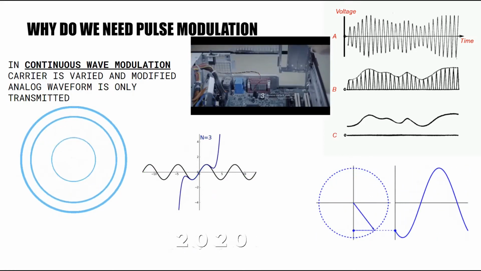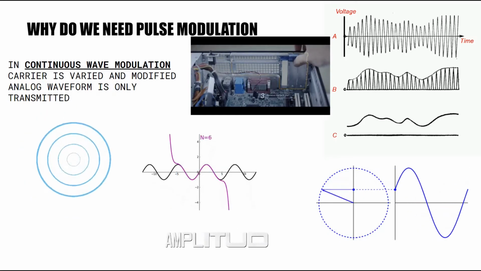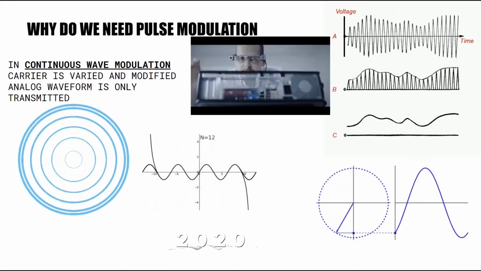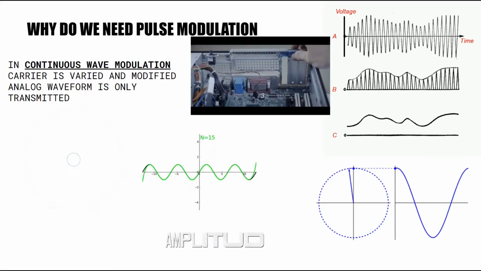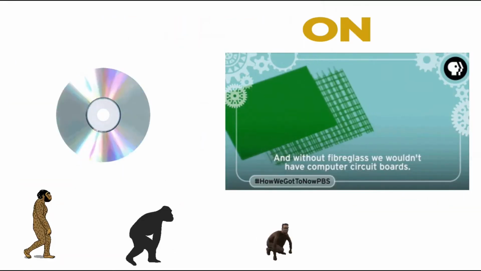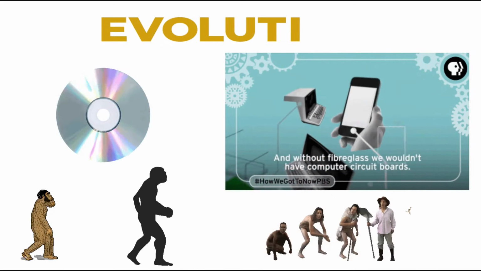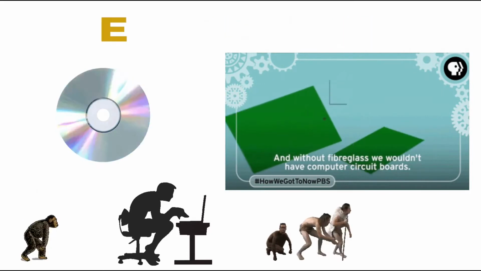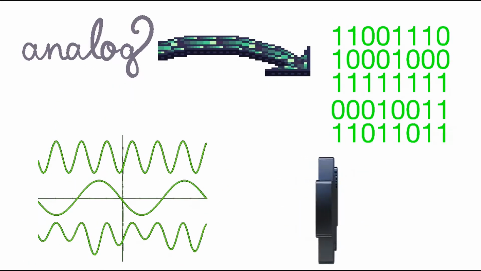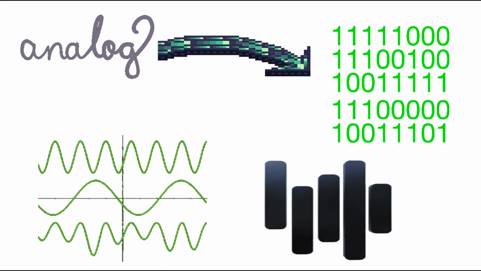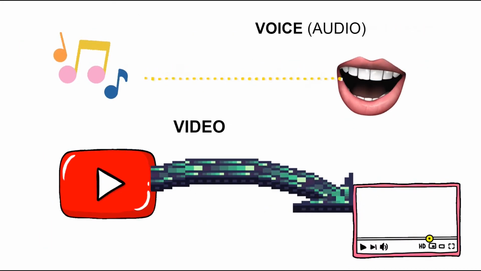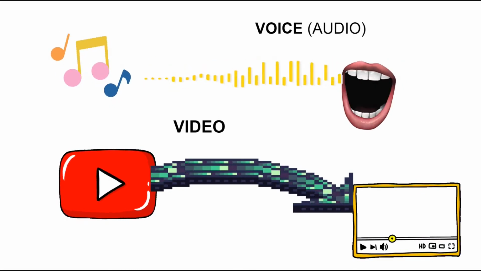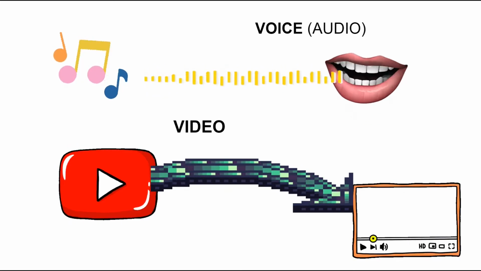It was not until the development of solid state electronics, microelectronics and large scale integration in the 1970s that gave the right capabilities to take advantage of digital transmission in an efficient and economical fashion. The very first step in this evolution from analog to digital transmission is the conversion of common information sources such as voice and music, which are inherently analog in nature, into a digital representation. This analog to digital conversion and the representation of analog information as a sequence of pulses was the main agenda of digital transmission or pulse modulation.